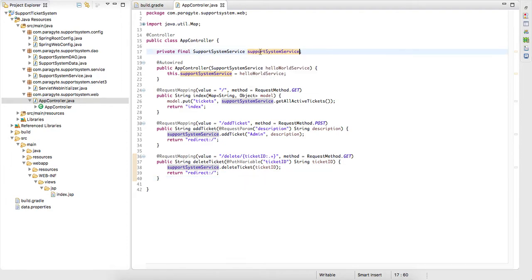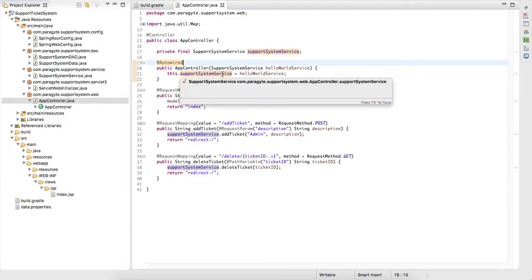Now in Spring MVC 3, we would generally define the service object or bean in our XML or application context itself. Whereas in our application where we are using annotation, we are using the Autowired annotation. This will make sure whenever this application runs, it will automatically autowire, that means automatically create the service for